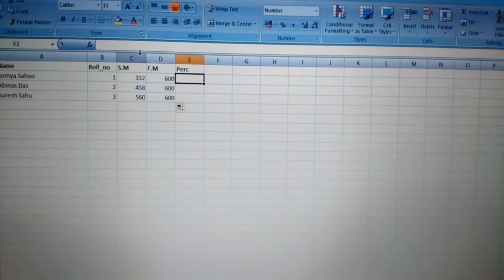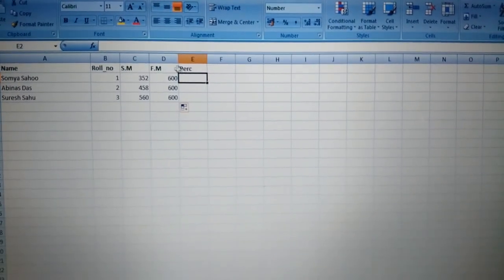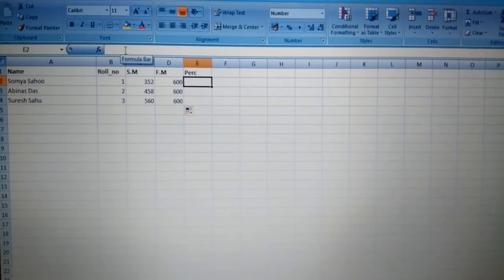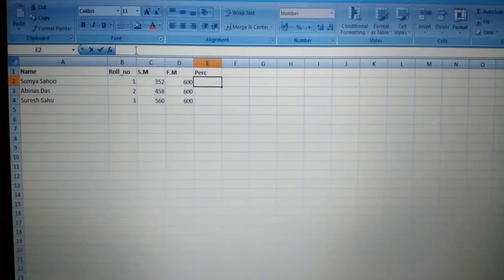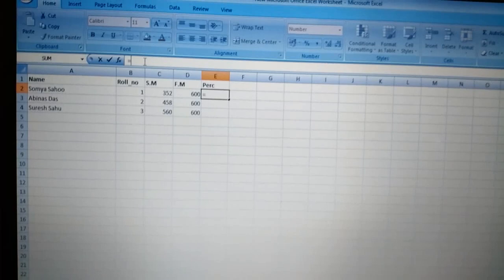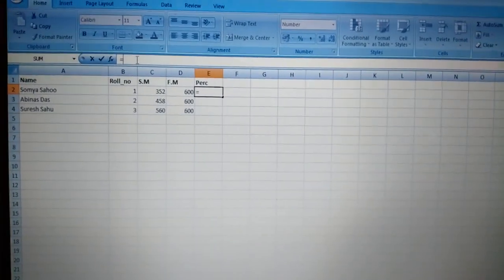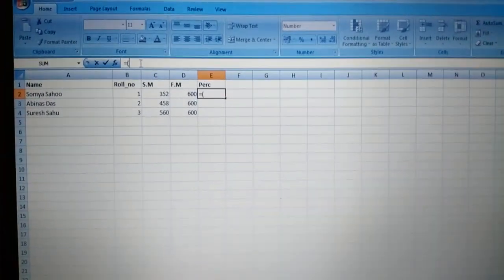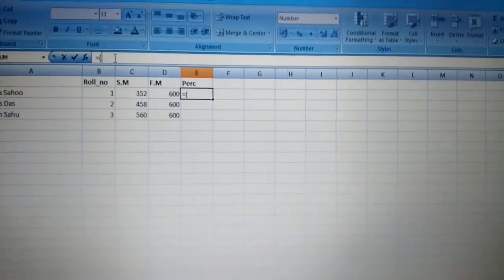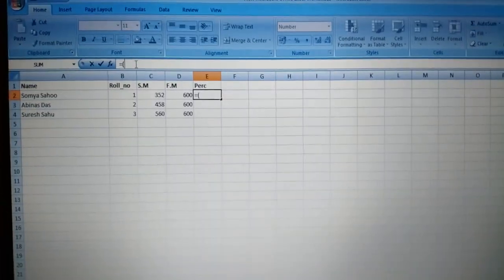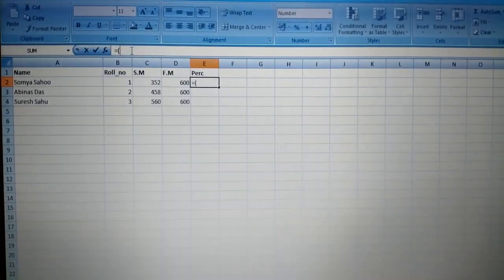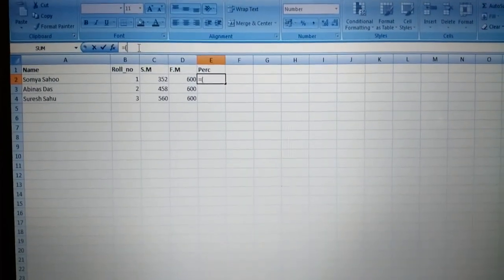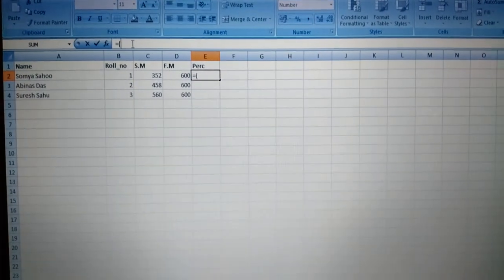As I have told, the formula should start with the equal to sign. I am starting with equal to and a bracket. As you know, the base formula to calculate the percentage of a student is secured mark divided by full mark into 100.